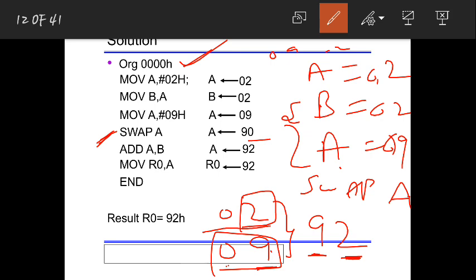Swap means, as we just saw in the instruction, the lower nibble and higher nibble will be interchanged. So 09 will become 90. Now all we need to do is make it into 92.